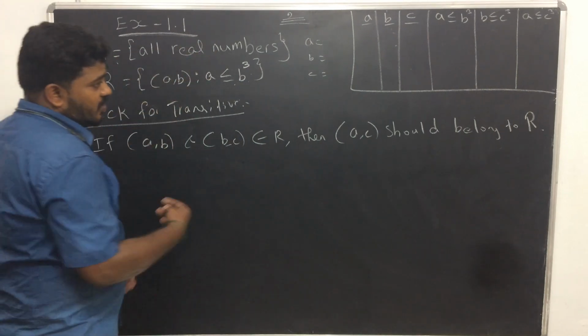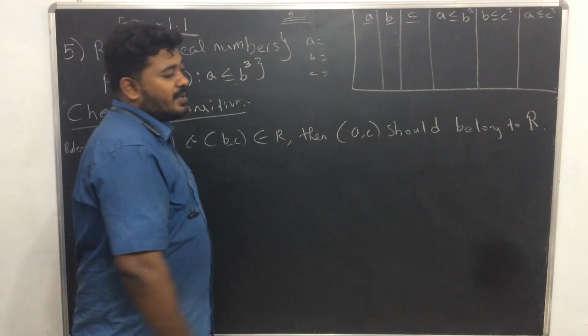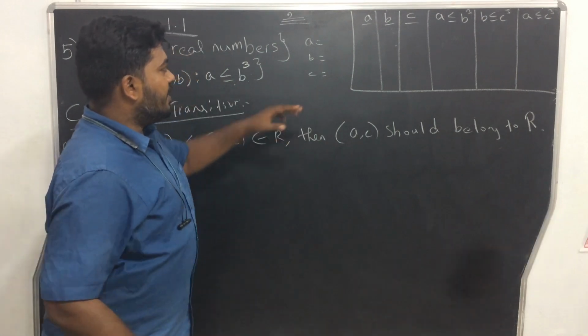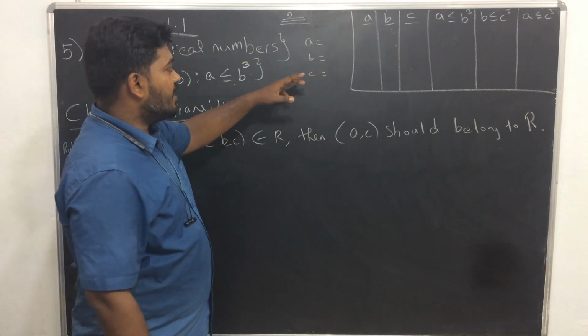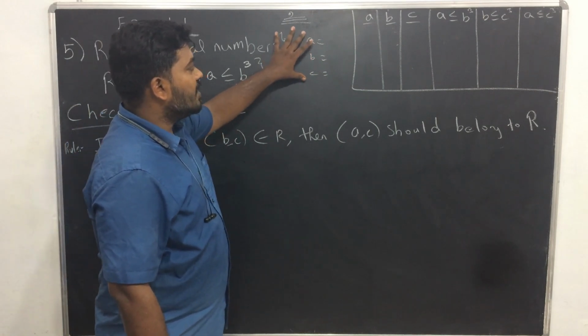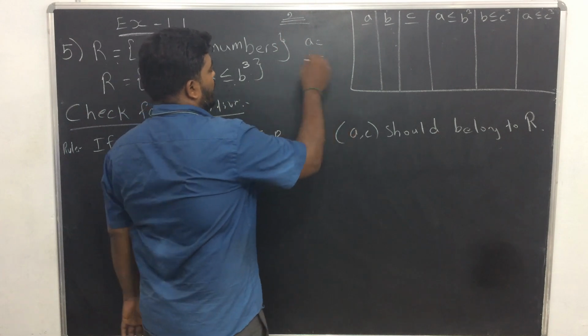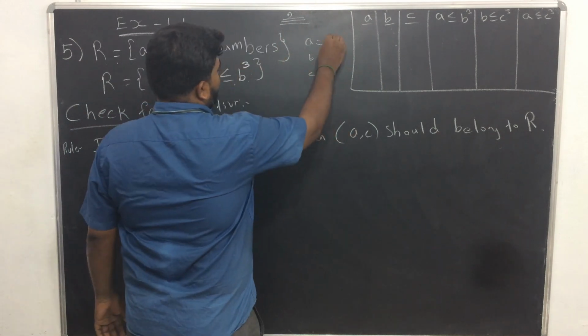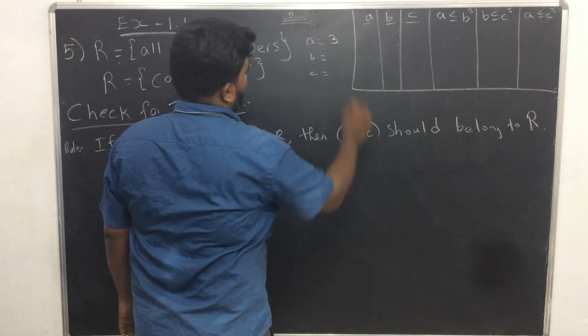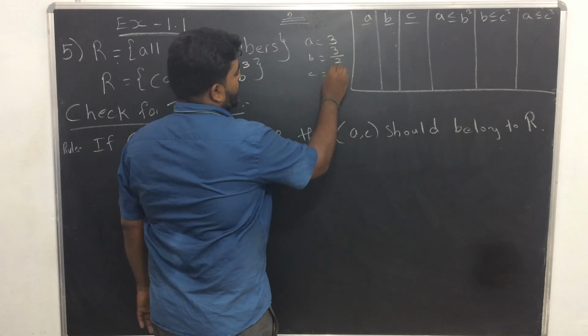After so many trials and checks, we need one set of combinations for A, B and C which proves that this relation is not transitive. Okay, now let A be 3, and B be 3 by 2,